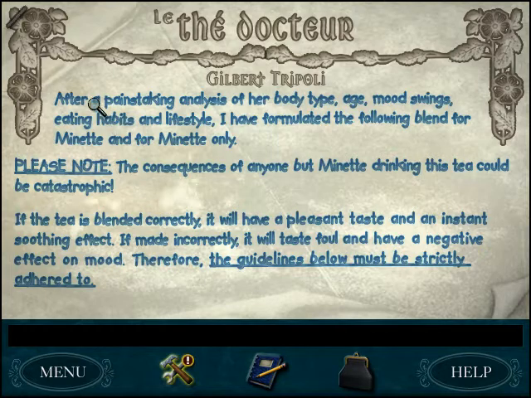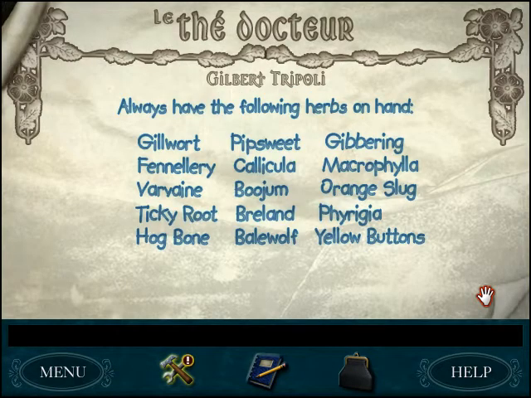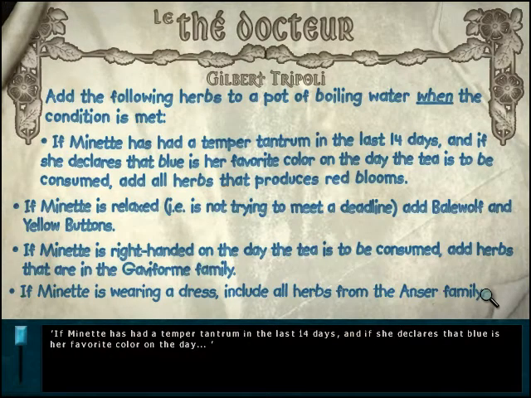Alright. After a painstaking analysis of her body type, age, mood swings, eating habits, and lifestyle, I have formulated the following blend for Minette, and Minette only. The consequences of anyone but Minette drinking this tea could be catastrophic. Alright. So these herbs need to be on hand. Excellent. Minette has had a temper tantrum in the last 14 days, and if she declares that blue is her favorite color on the table...